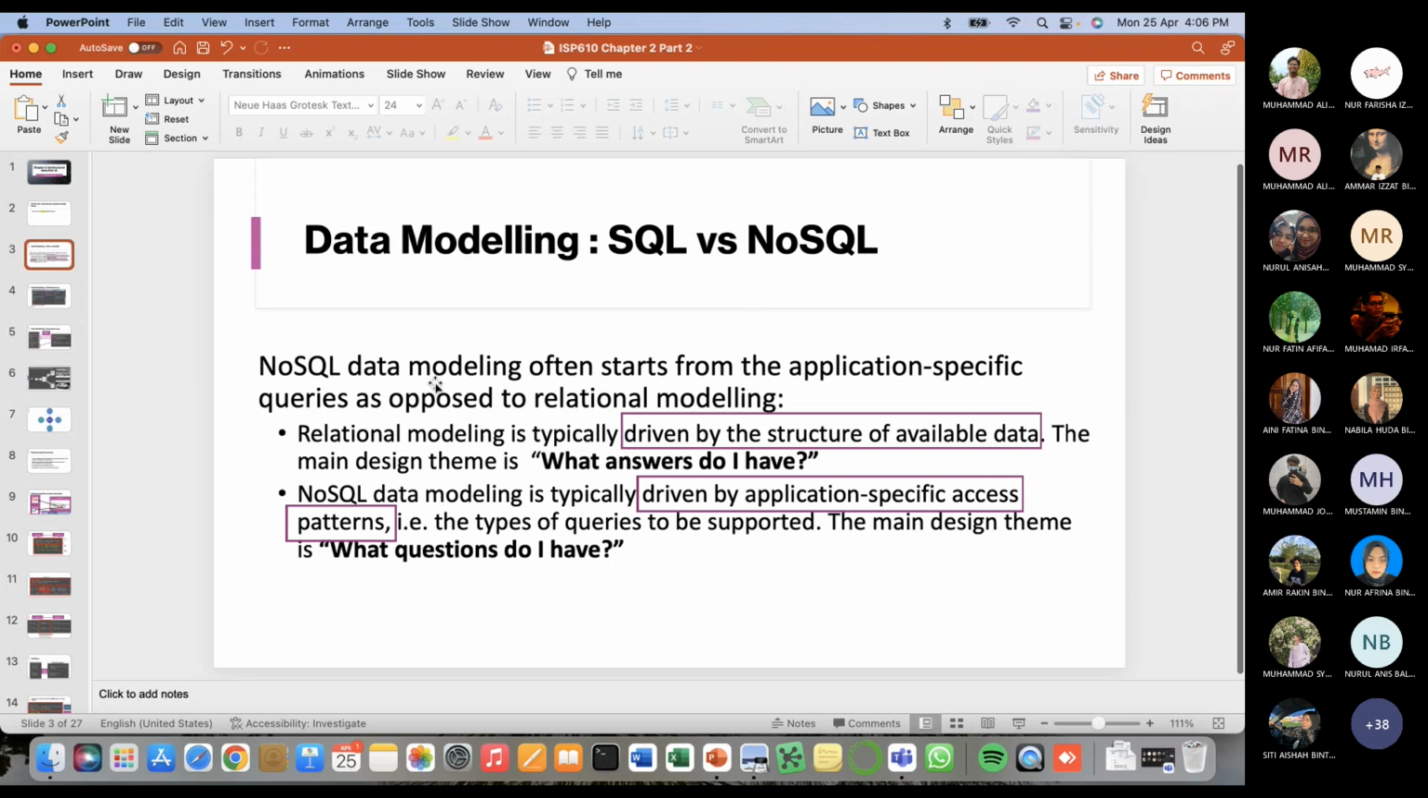Okay, so there are themes for SQL. Basically the theme is about what answers do I have. Okay, based on the structure of the data, you do normalization, everything, you come out with a database design, and then only you think about the answers. But for NoSQL, it's about the application, so it's more about what questions do I have with them. Okay. It's fine, this is just the slide, but I think you can already imagine, because for SQL database